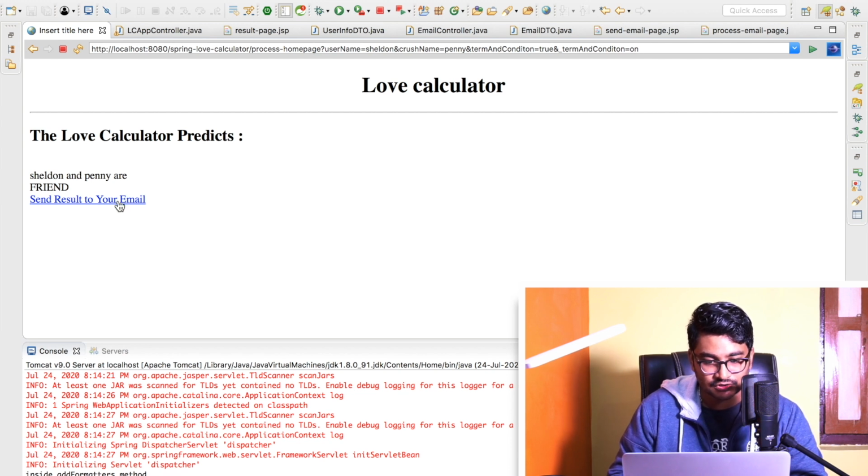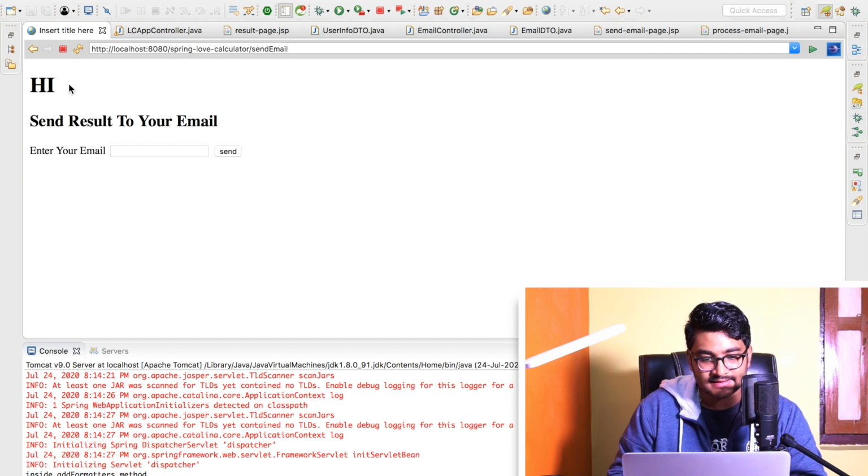So send result to your email. Hit this link. Okay, so hi, then I'll be getting some name here. This is the thing that I'm going to implement right now. But the important thing is that I have already done this particular page development, so that the user will enter his email address,